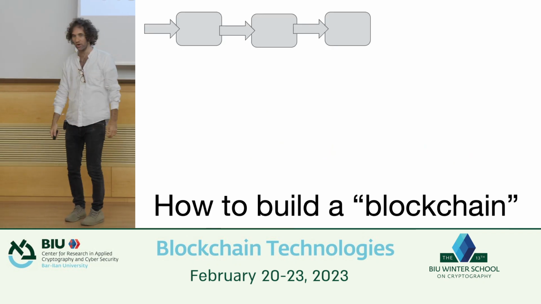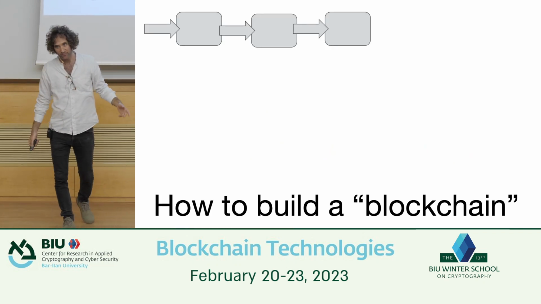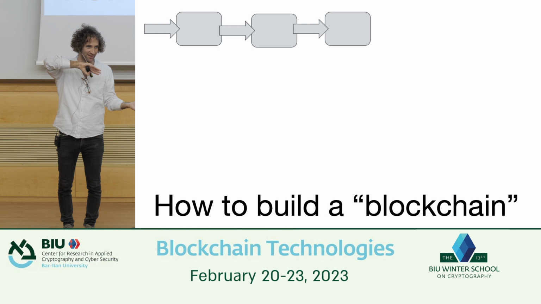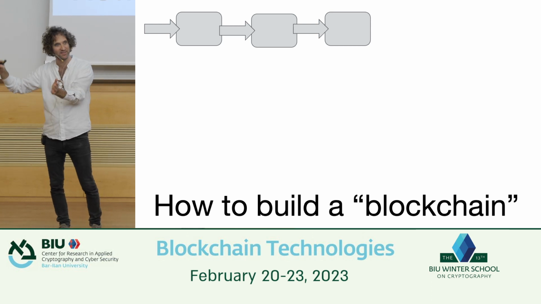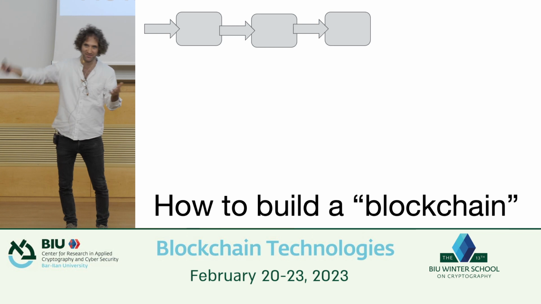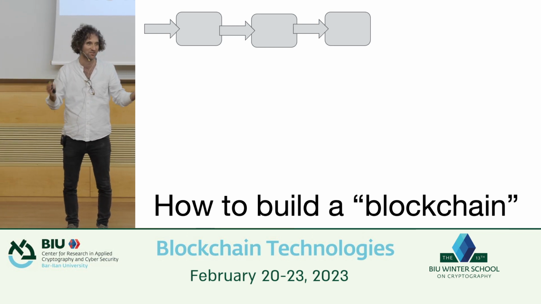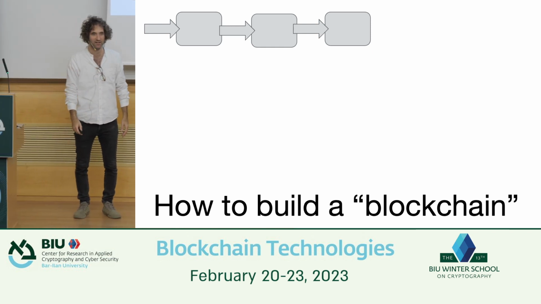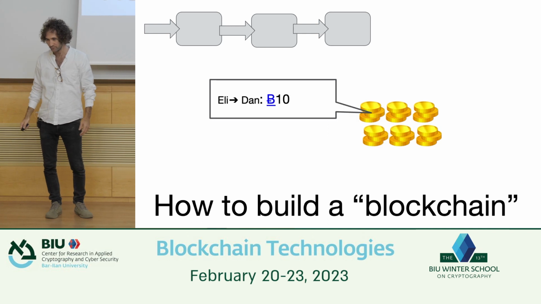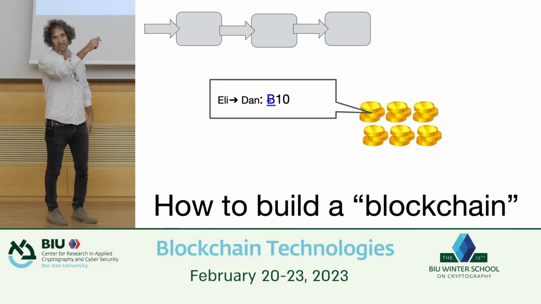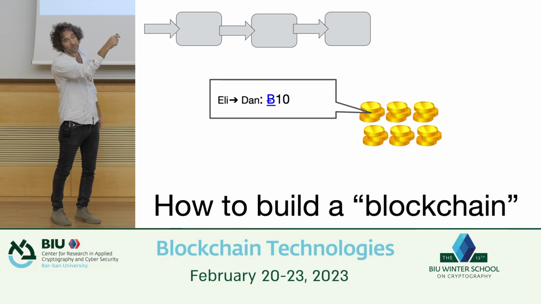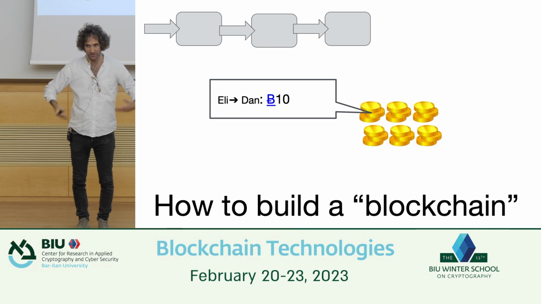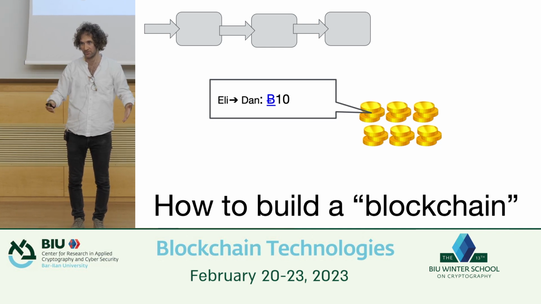Okay, so how do we build a blockchain? And what I'm going to do now is a little bit confusing. I'm going to start by giving you the protocol, Nakamoto's protocol, and then I'll move on to the definition. Typically, we'd like to see a definition first, but it will be kind of more natural if you see the protocol first and then move on to the definition. So how do we build this blockchain in Nakamoto's protocol? Let's say that we've already constructed a blockchain that has these 3 blocks in it. Okay? And now I would like to add a new block to this ledger of transactions.